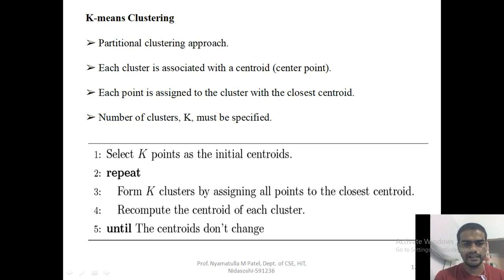So what is the procedure here? You need to select k points as initial centroids, and this you should go on repeating. Then form k clusters by assigning all the points closest to the centroid. Initially take one centroid point and assign all the points nearer to that point into one cluster. This we should go on repeating until we get